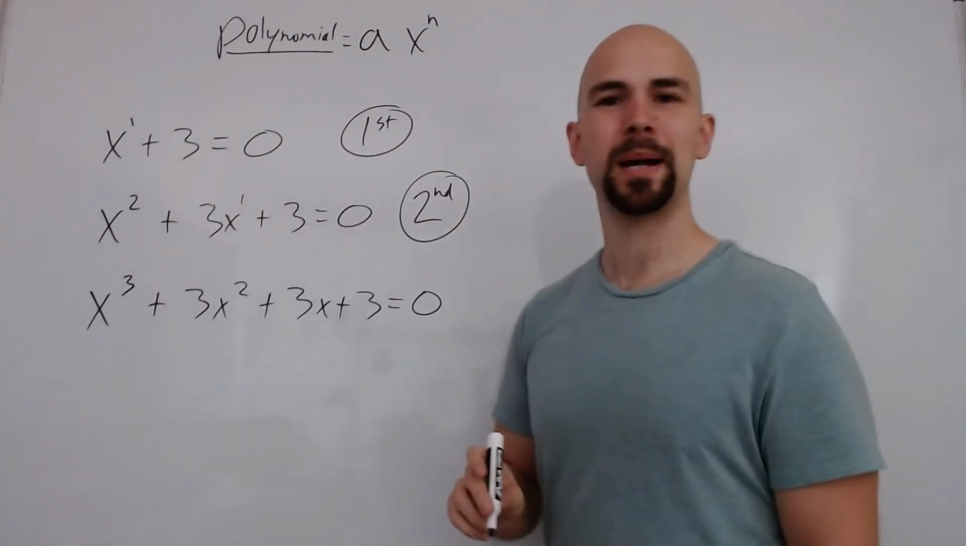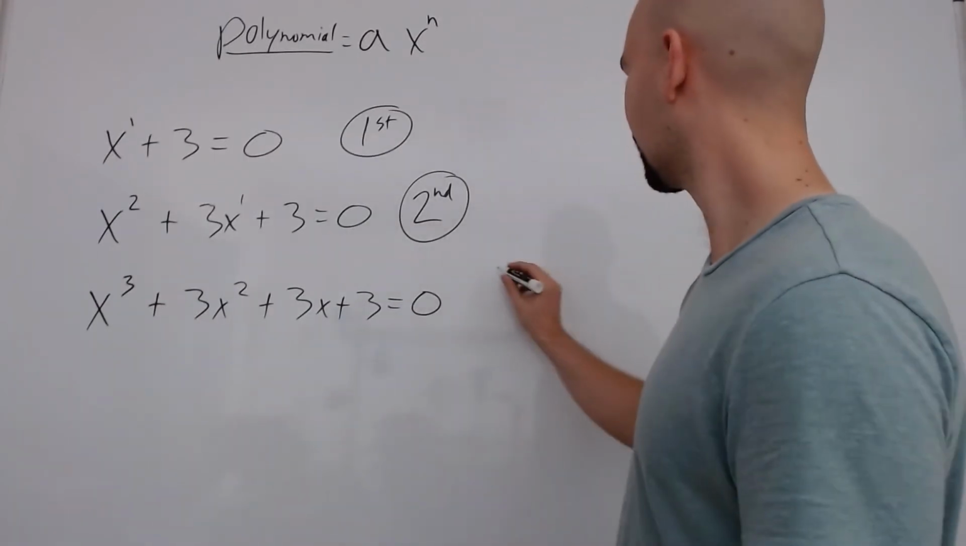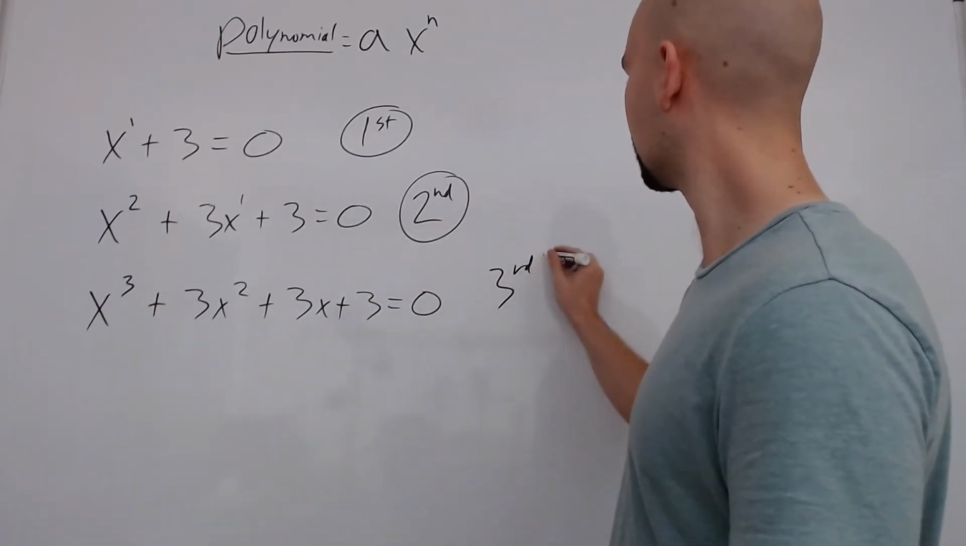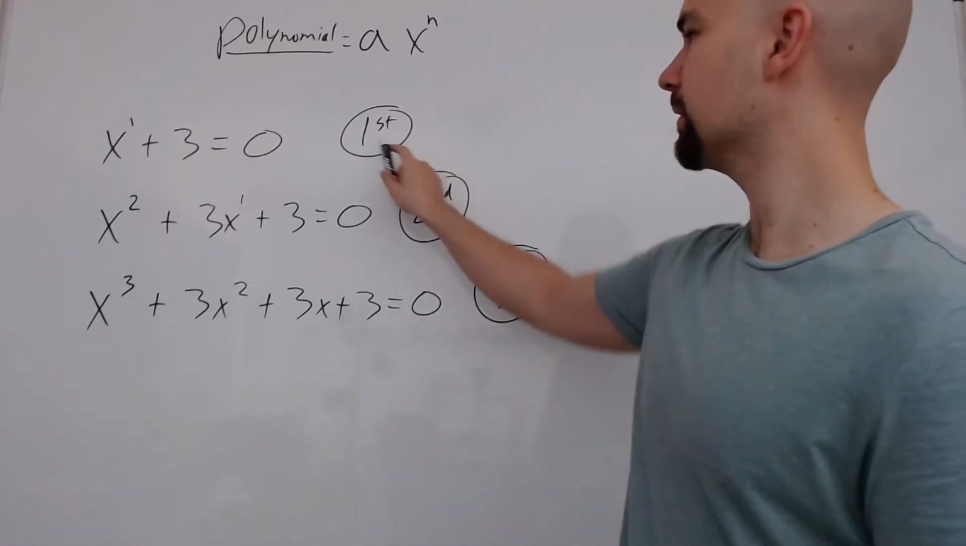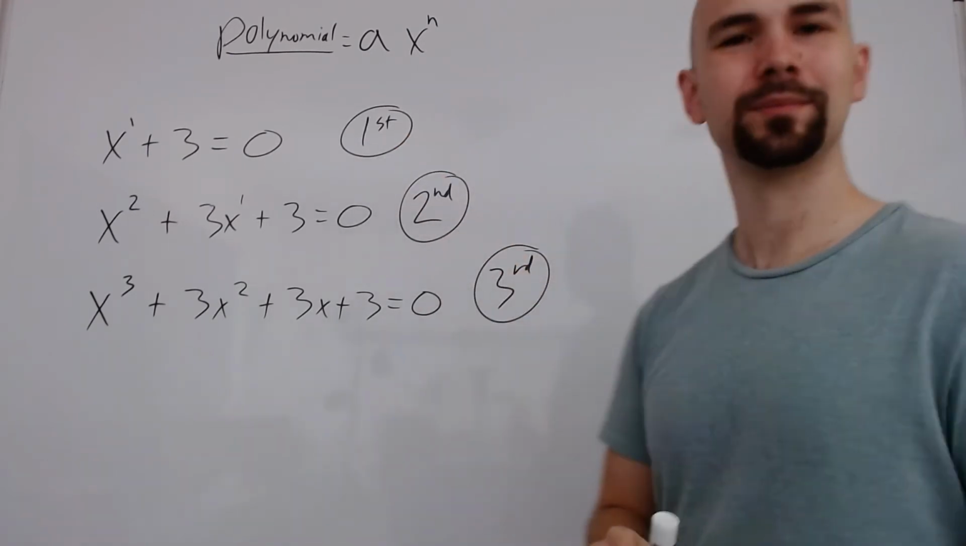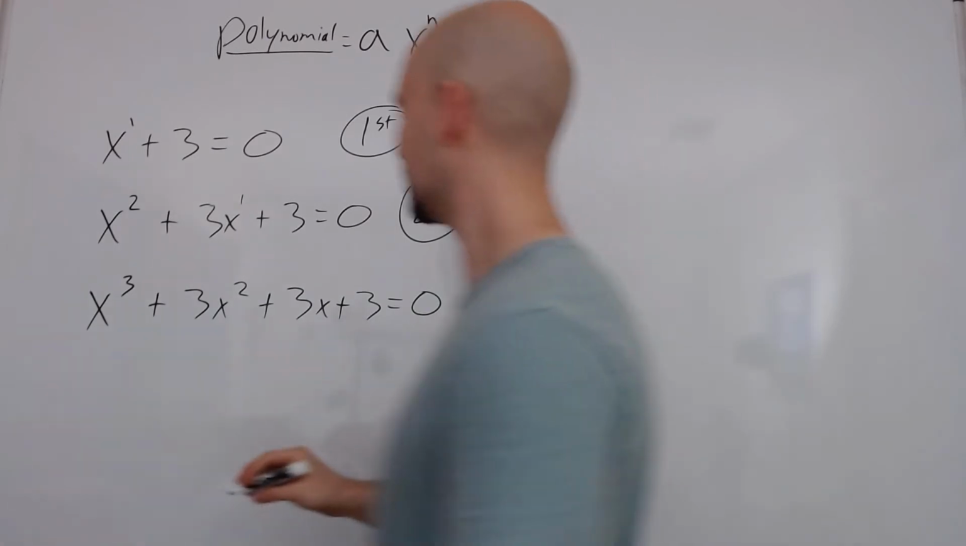So what's the highest power? X cubed. So we could call this linear, quadratic, cubic equations. The fourth one